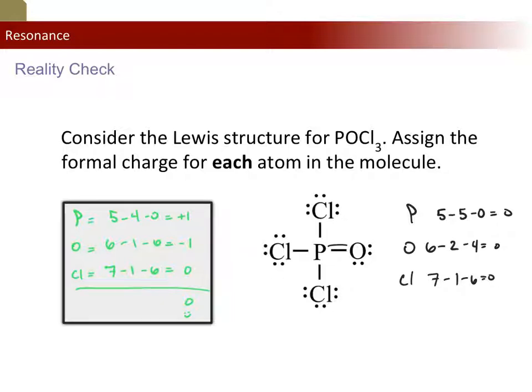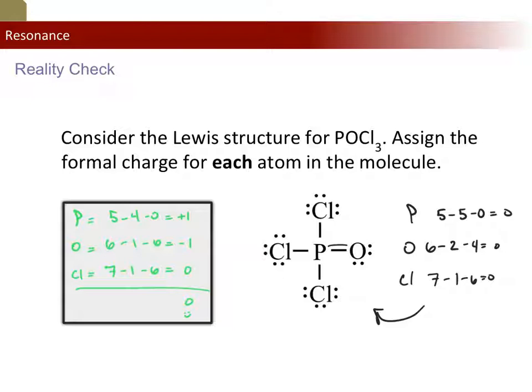It was just the one that was represented to you. But in fact, if you were able to, and you were asked to rearrange the electrons of POCl3 to eliminate formal charges, this would be the preferred structure. Now that's only possible if phosphorus or sulfur is in the middle, or the central atom is something in the 3rd energy level or lower. Because remember, those are the only elements that can expand their octet. Carbon and nitrogen and oxygen would just have to be stuck with a +1 and a -1 situation, but phosphorus